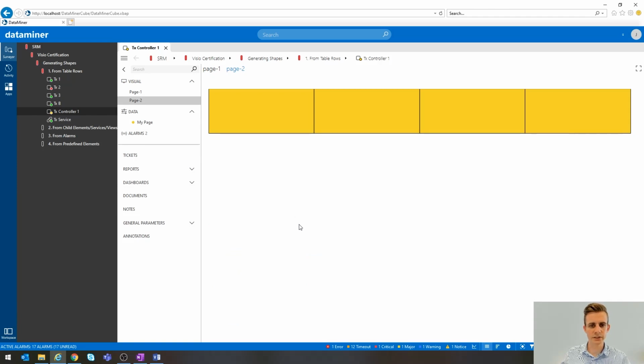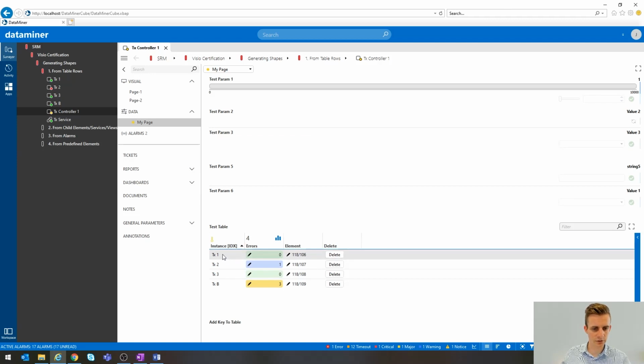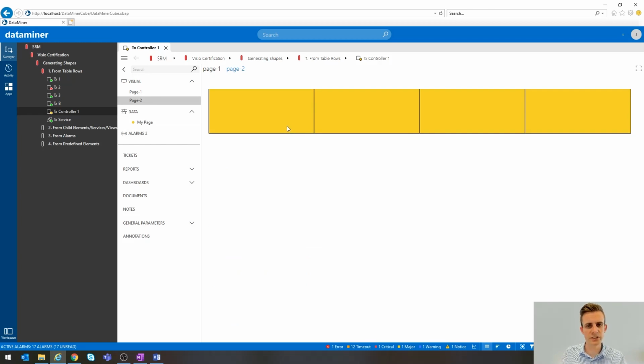What do I see now? I see already 1, 2, 3, 4 shapes automatically generated in my visual overview, and they correspond to 1, 2, 3, 4 lines inside my table. But as you can see, these shapes don't contain any information, and they all have the alarm color of the overall state of my element, which is in this case yellow. It's a major